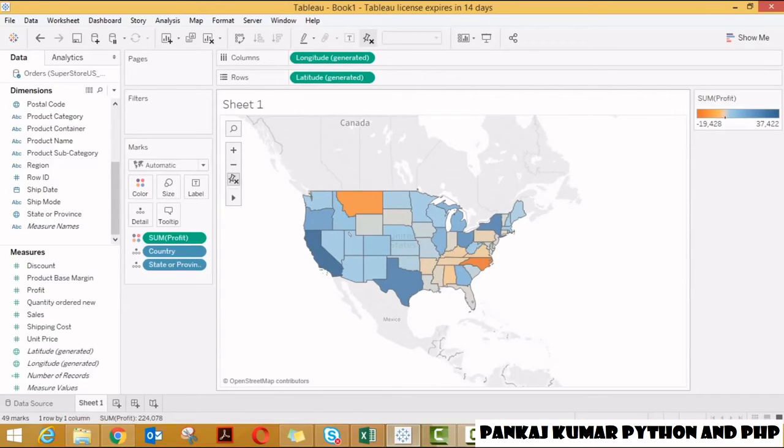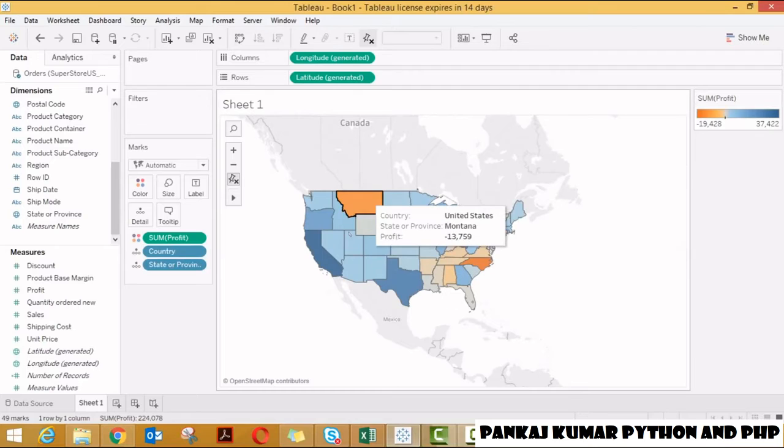Hope you remember in our correlation plot, if you look at the color, it ranges from -1 to 1. One extreme color represents the negative correlation, and opposite to that, the extreme blue color represents the positive correlation. Same like here, this is my scale. Extreme orange color represents that the profit is negative, and extreme navy blue color represents that the profit is very positive.